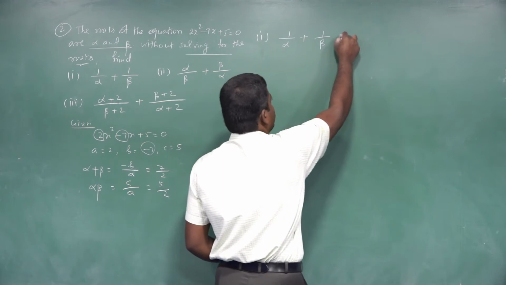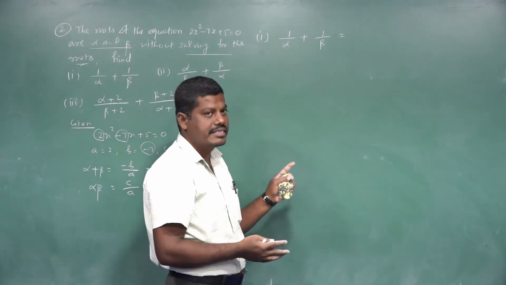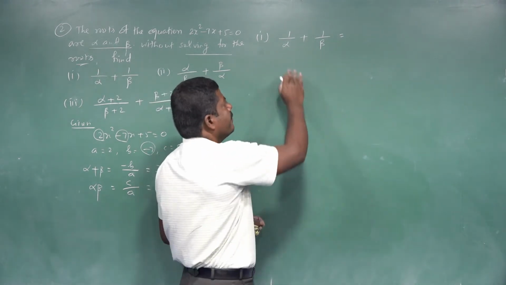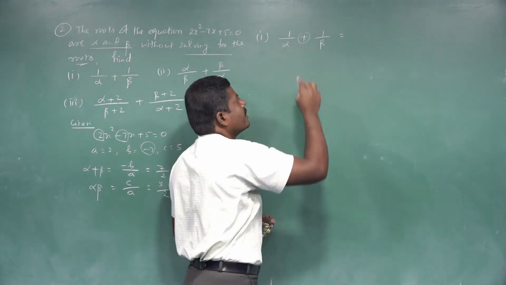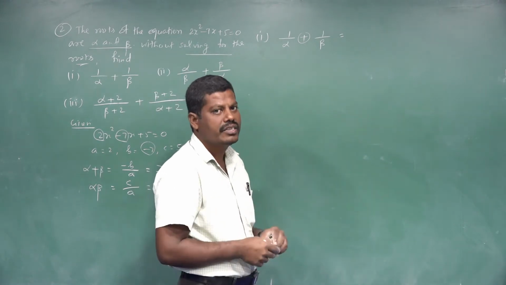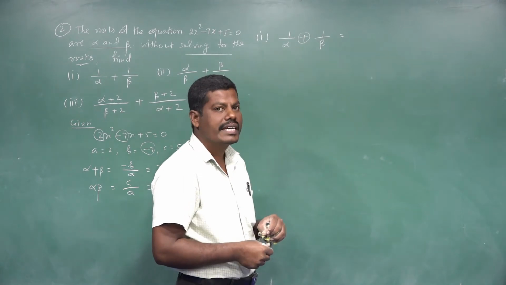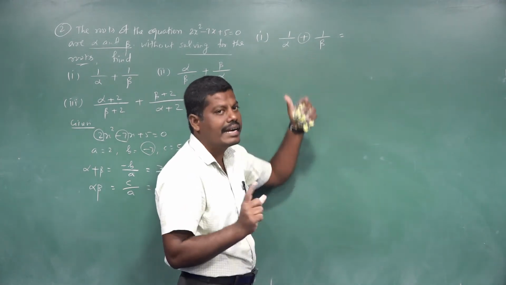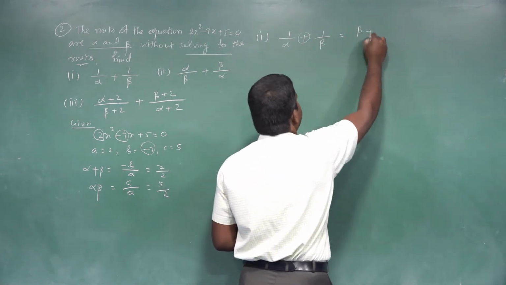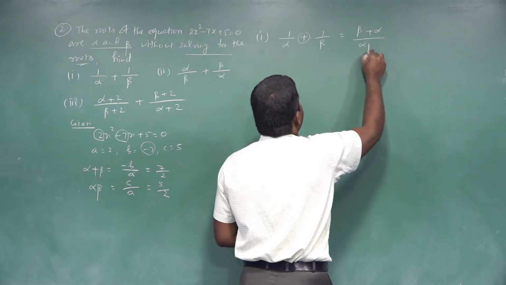So now here alpha and beta are separate. So we want to convert this expression into the form of alpha plus beta and alpha beta. So we want to add these two rational expressions. Understand? Denominators are not the same, so we do cross multiplication. For adding these two rational expressions, we do cross multiplication because denominators are unlike. So 1 into beta, in the middle you have plus sign, 1 into alpha, divided by alpha multiplied by beta.